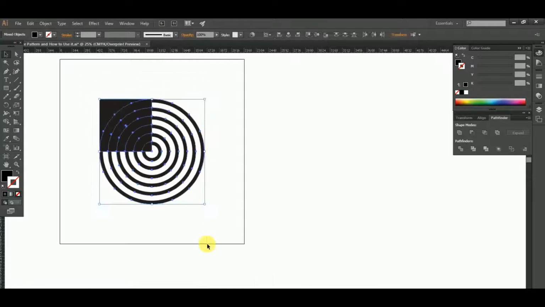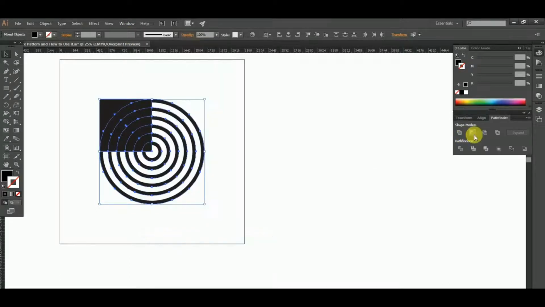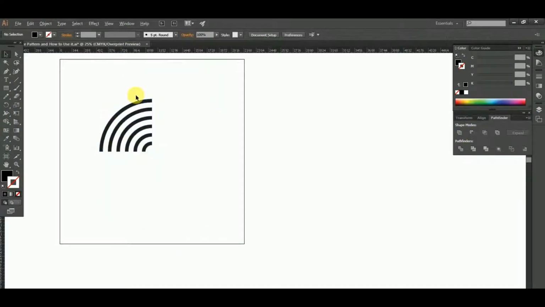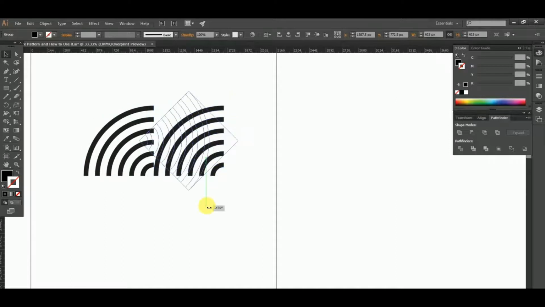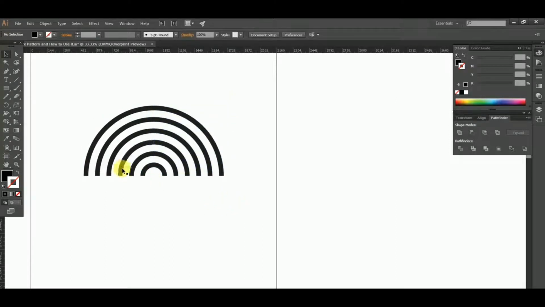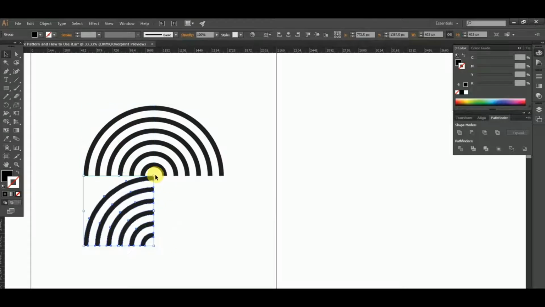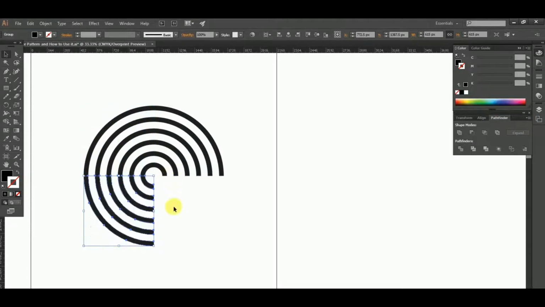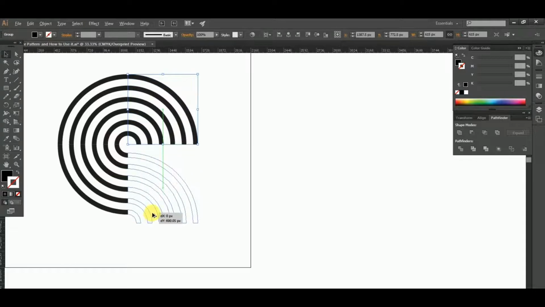and then select both objects and go to the Pathfinder, select Intersect, then just copy it by pressing Alt Shift, just rotate it by holding Shift, and then take it down to the bottom side and just rotate it holding Shift, then copy it to the downside by Alt Shift,